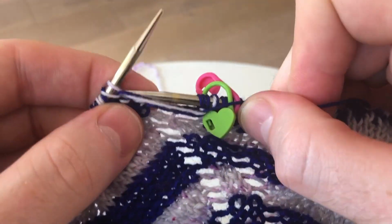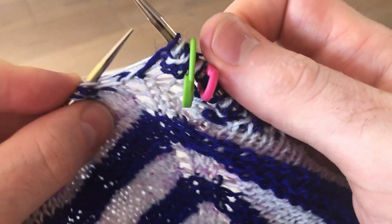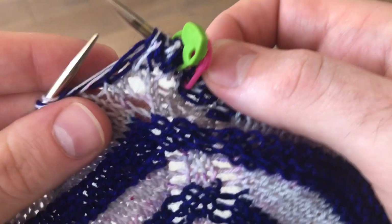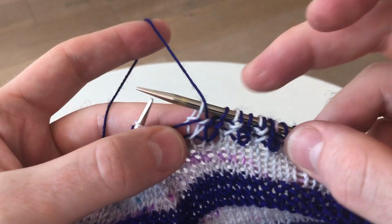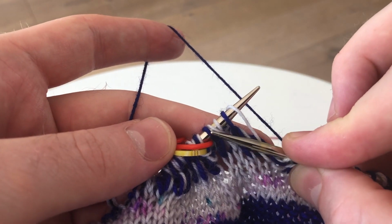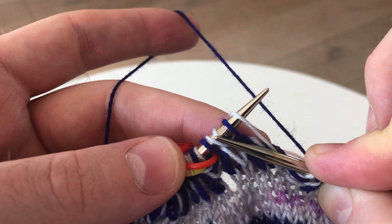And continue to work across the row. Slip 1, brioche knit, yarn in front to slip, brioche knit. I'm about to do a brioche right slanting decrease, so I was doing my brioche knit and slip 1 yarn over to 3 stitches before the marker. 1, 2, 3. For a brioche right slanting decrease, we have a big fish wearing a shawl, a tiny little fish,